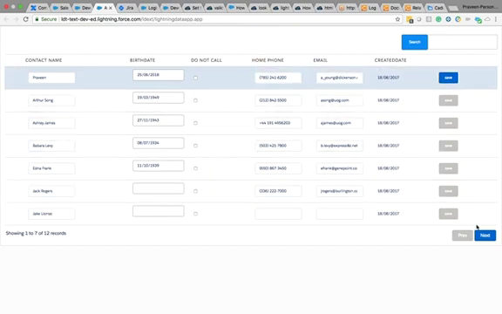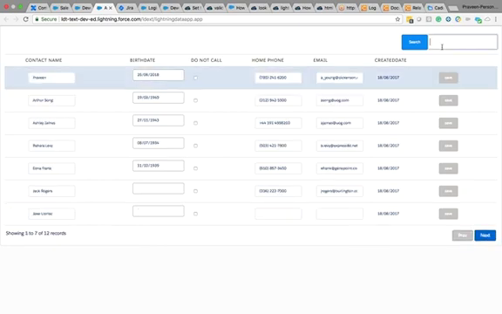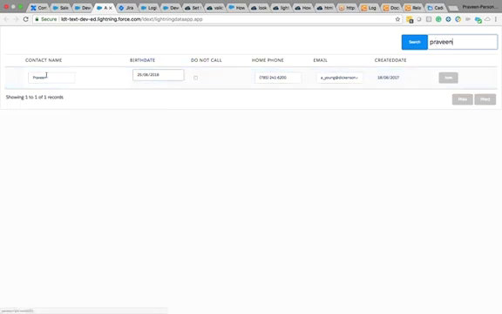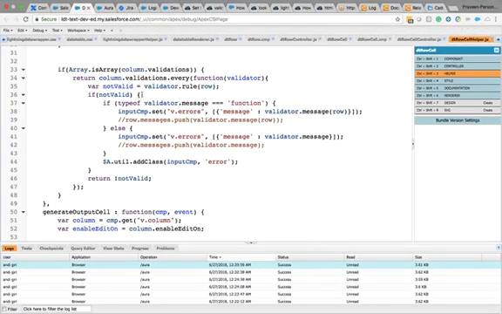We also have a few pagination controls, and you can search for a value as well. I will search for myself. So it searches for the record in the table. That is possible, and the way you can control the data is